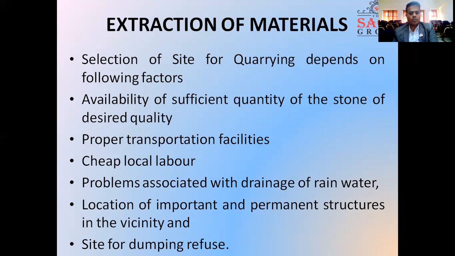Second point, that is the proper transportation facility. Definitely, the quarried material needs to be transported from the quarry site to the plant where the separation or the segregation of the material can be done. The third one, cheap local labor should be available. That means the availability of local labor near the site is very important so that the work can be executed